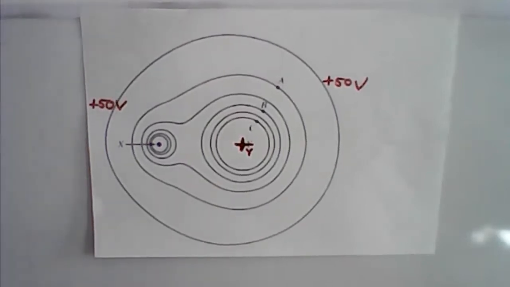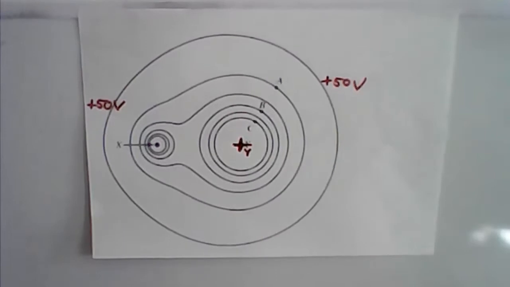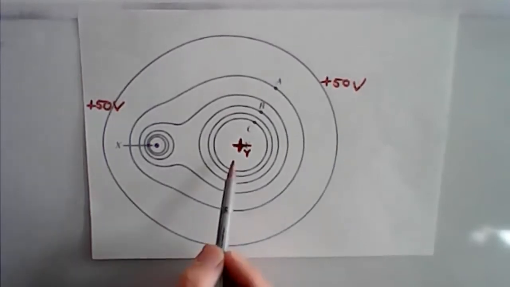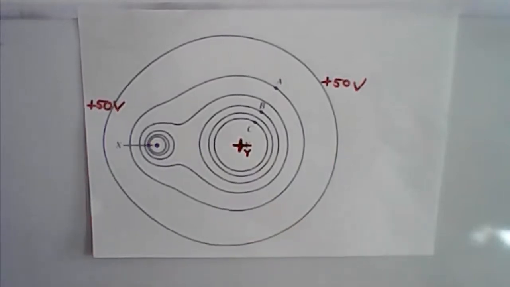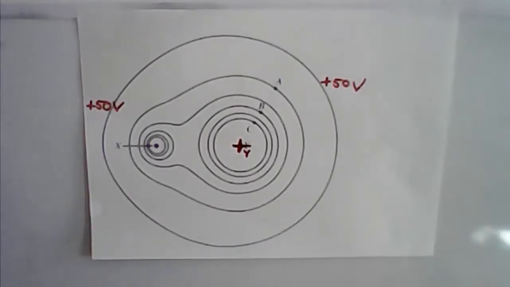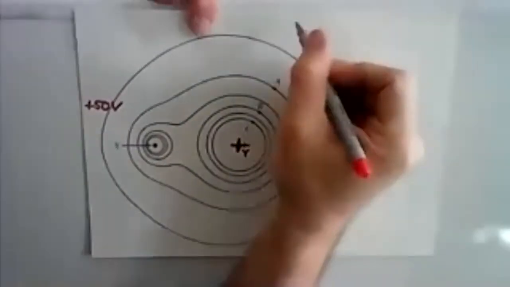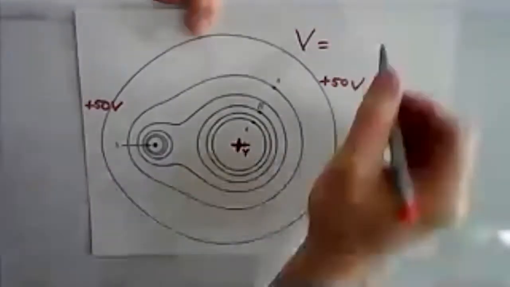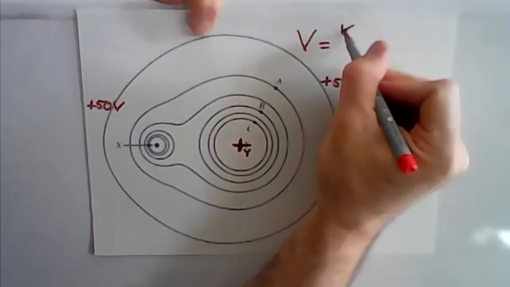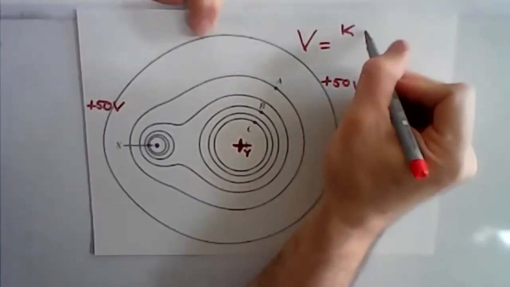Okay, good. So if that is positive, and it is positive, and this is a positive charge, that means as we're getting closer to this positive charge, what would happen to the potential as we get closer? Gets higher or bigger or smaller? Bigger, right? Because, and this is just a reminder about the equation for the potential of a point charge, everything comes back to